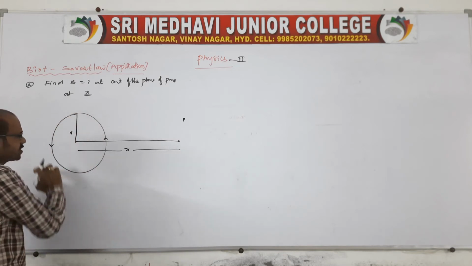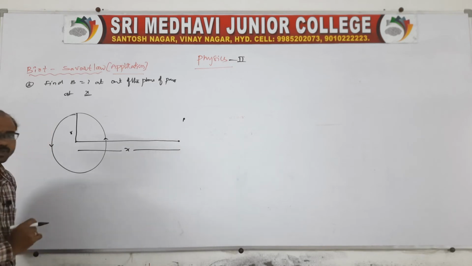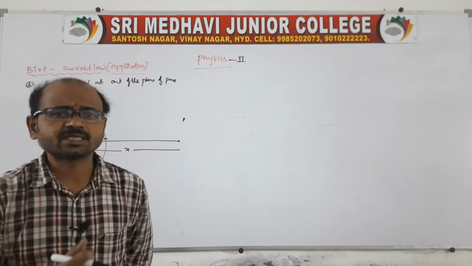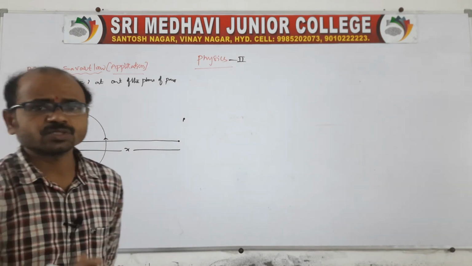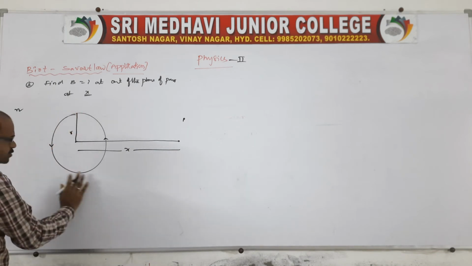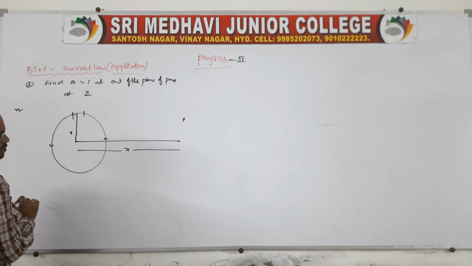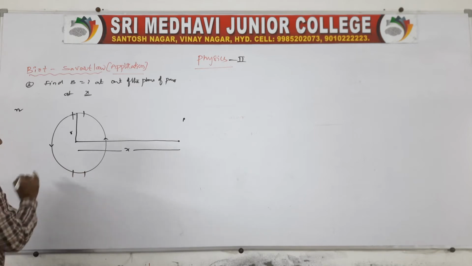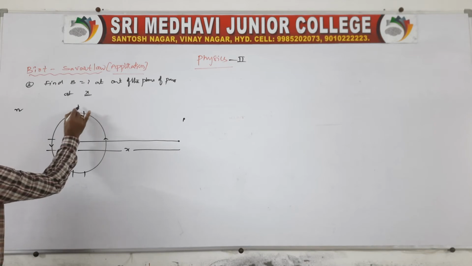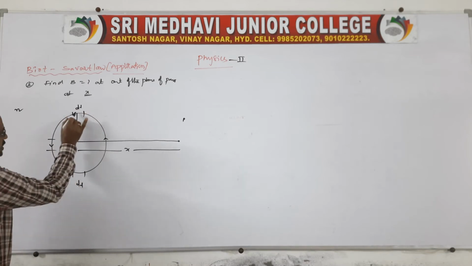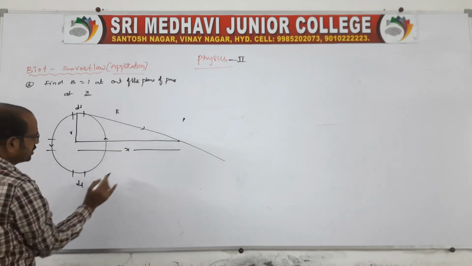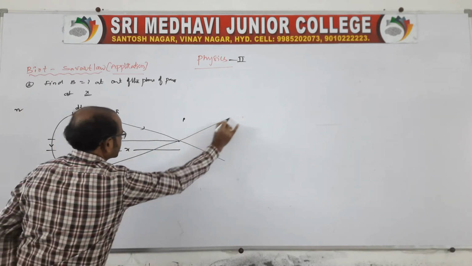And here, from each and every point, there will be a field acting. So again the same issue: we don't know the length of the circular coil, so you say it contains n number of turns, of course, and here you divide it into small strips. Due to one small strip, and one more small strip, another small strip, you take another small strip. From this length of the small strip, the magnetic induction at a distance, you say like this, at a distance capital R, and from this also you take, at a distance,